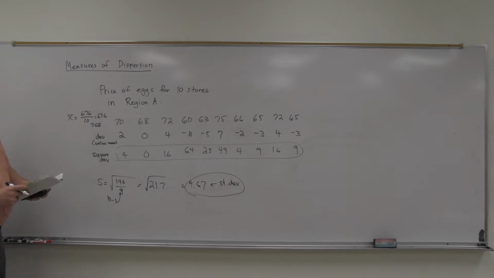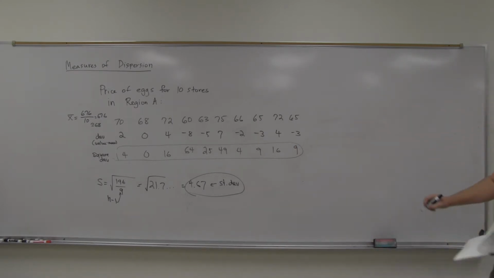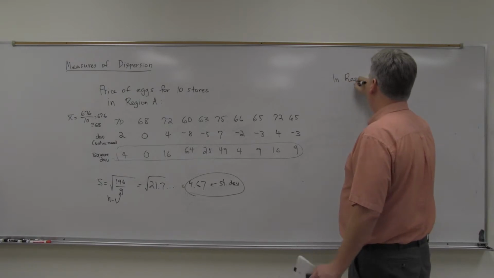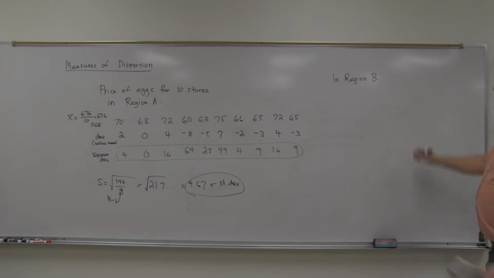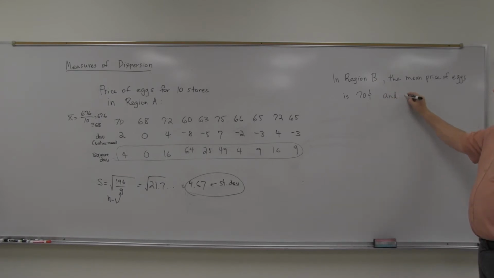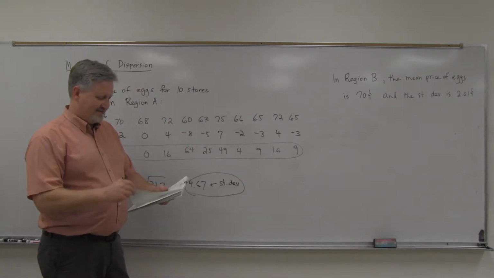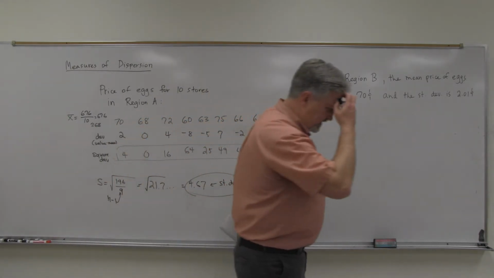Now, here is the second part to this problem. Let's say in Region B, here are the calculations. The mean price of eggs is 70 cents, and the standard deviation is 2.01 cents. All right, so you compare those two. Here are a couple of questions about that. So comparing Region A and B, number one,